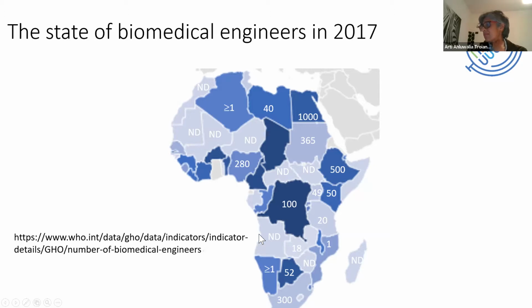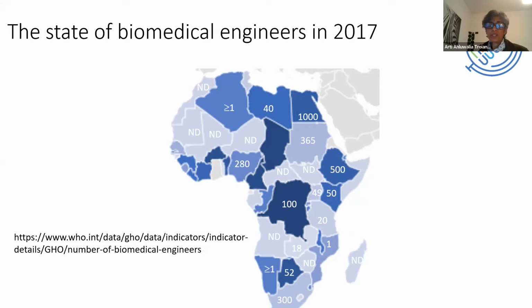Angola, for instance, very few. Egypt, 1,000. That was the country that had the most. So numbers are really, really low across the globe. And this is the total number of biomedical engineers. So there's a scarcity of engineers, and there's a scarcity, therefore, of people with the expertise to actually bring equipment,